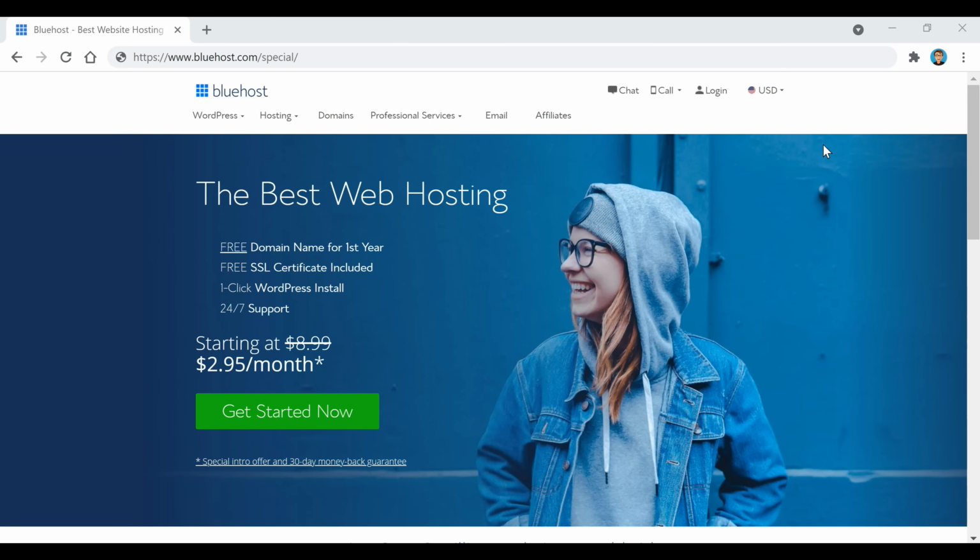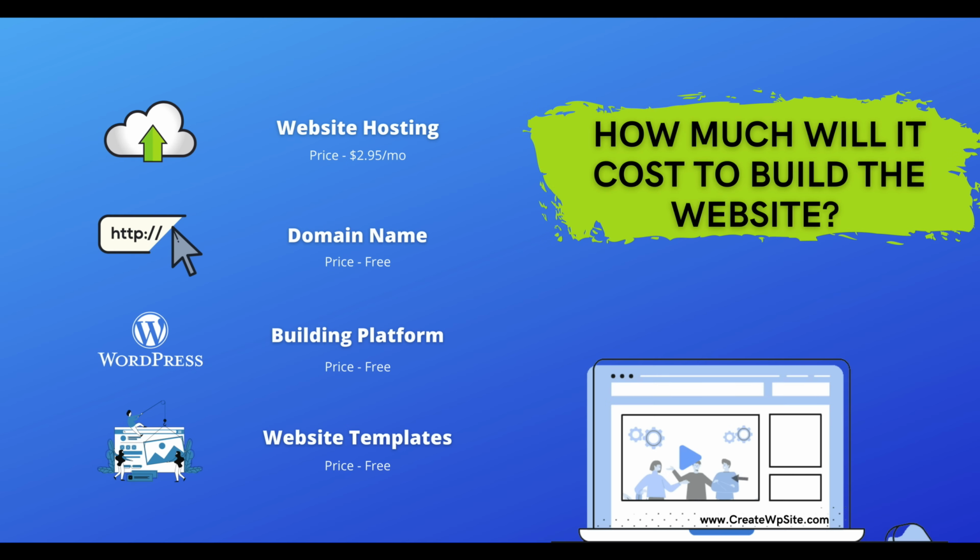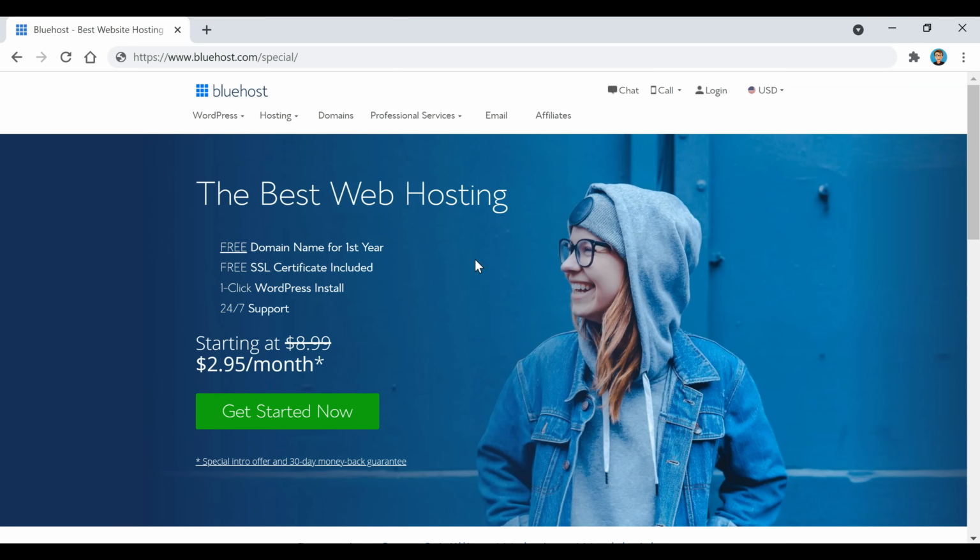And just real quick too, I wanted to mention to you guys that your hosting will be the only cost you'll have for building your website. Your domain name, which is the name of your website, comes free with Bluehost, and WordPress and their website templates are all free too. Alright, so what we're going to do first is just click on this green Get Started